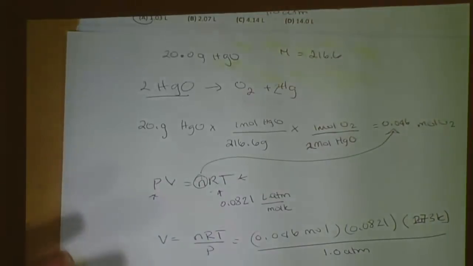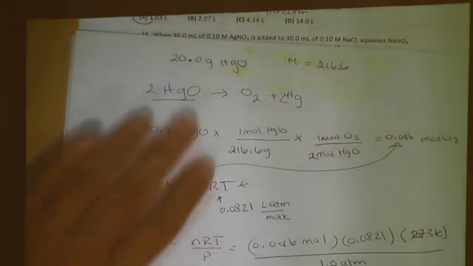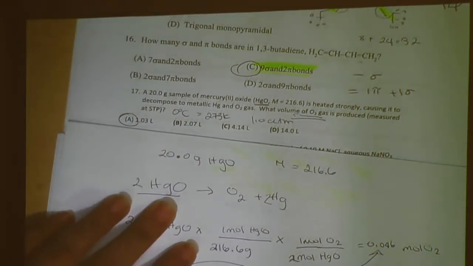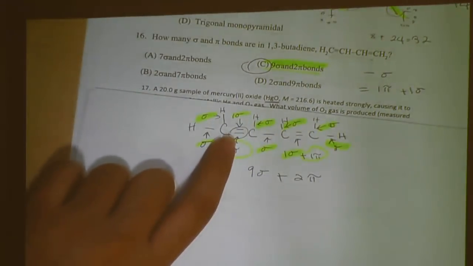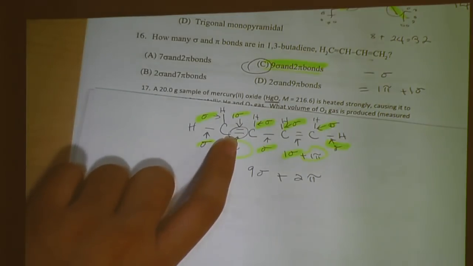0.03 liters is the answer. Yep. Further question on that, why is it 9 instead of 7? Let me flip. Because each double bond also has a sigma. Yeah, but